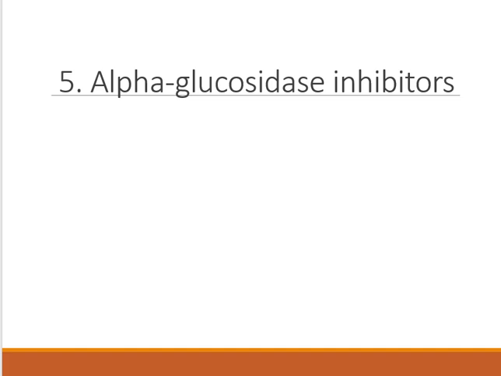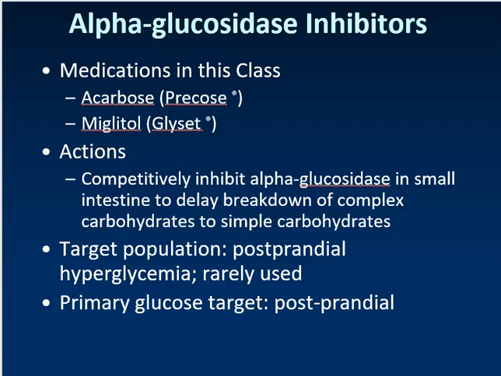All right, so this next group of drugs are the alpha glucosidase inhibitors. And there's really only two, acarbose and miglitol. And what these do, from a mechanistic standpoint, is competitively inhibit this enzyme called alpha glucosidase, which exists in